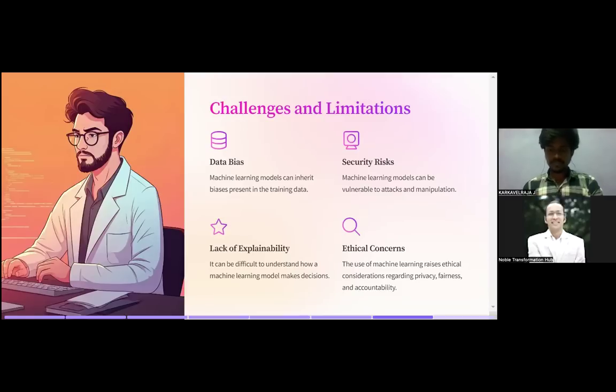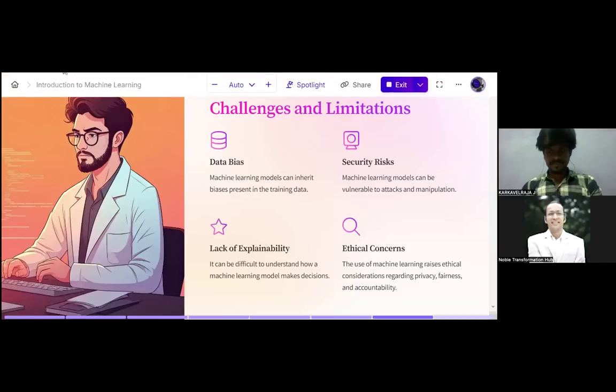Yes. So, guys, challenges and limitations. Data bias: humans are by nature biased. Keep this on record with you. On record, I'm saying humans are by nature biased. There are very rare people who are not biased. They will be saints. Now you can check how many saints there are in the world. So that is why this is a big problem. This is a big challenge.